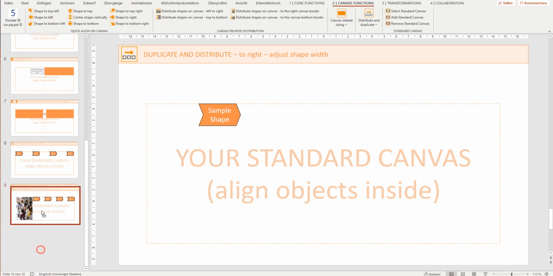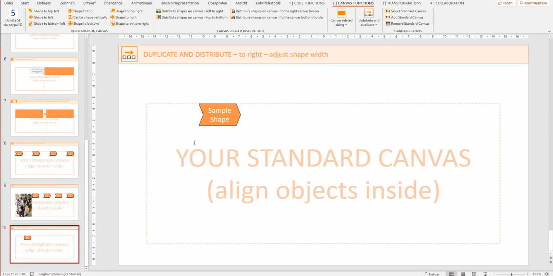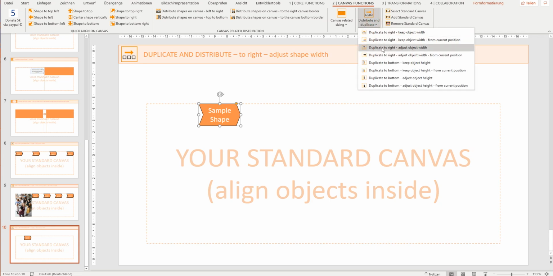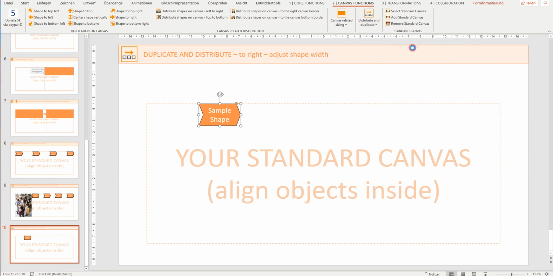Even more frequently, it's likely that you will have an arrow which is not perfectly defined or matched to the sizing. So in such cases, you can use the duplicate to the right adjust object width, because this then supports you in choosing the ideal width of the arrow. So when you say now I want to have 4 arrows, you then ask how much spacing should be between those arrows. For arrows, actually it's okay to have a spacing of 0,